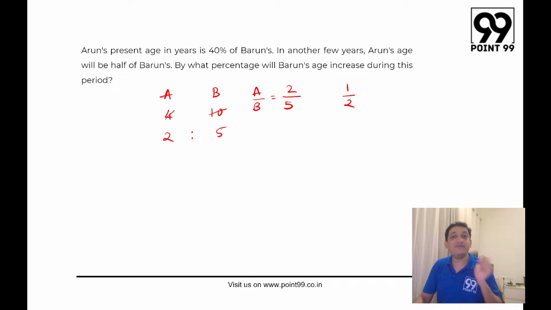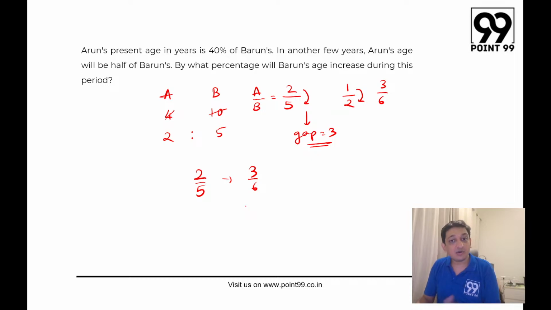तो यहाँ पे भी exactly वही चीज है। In the first fraction, इन दोनों के बीच का गैप कितना है? The gap between the numerator and the denominator is 3। अगर मैं इसका गैप भी सेम कर दूं, तो can I say that this will basically be the ratio of their ages when it becomes this. तो 1/2 में मेरे को गैप 3 का चाहिए, तो कैसे 3 का गैप लेके आएंगे? I will write this as 3/6। Now what are we saying, 2/5 जो था वो अब 3/6 बन रहा है. Now what does this mean, 2 has increased by 1 and 5 has increased by 1।